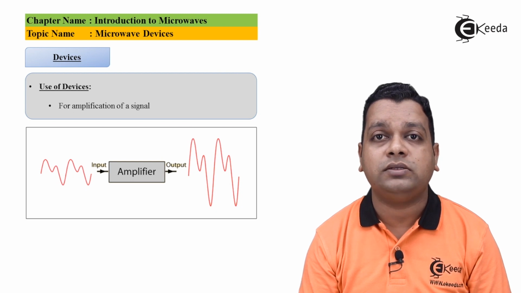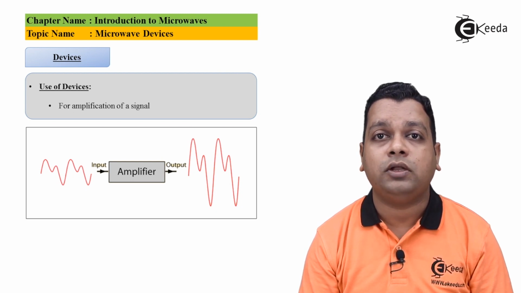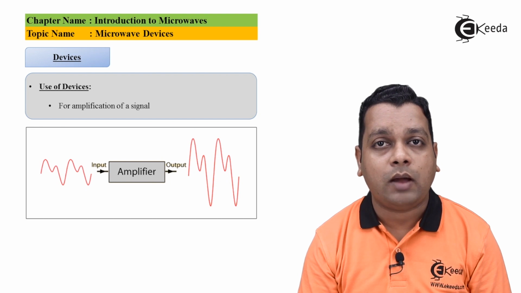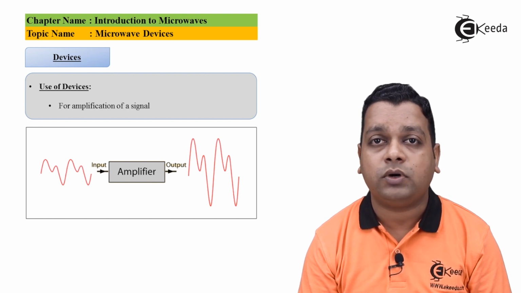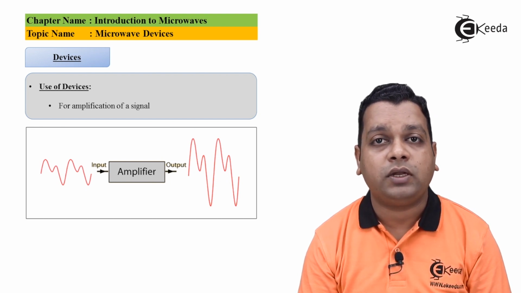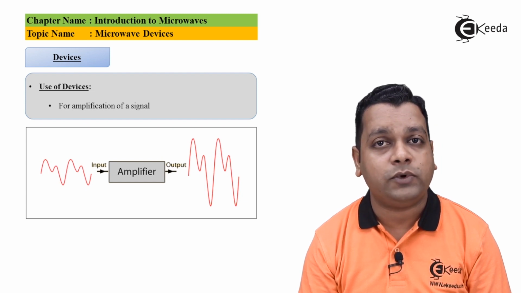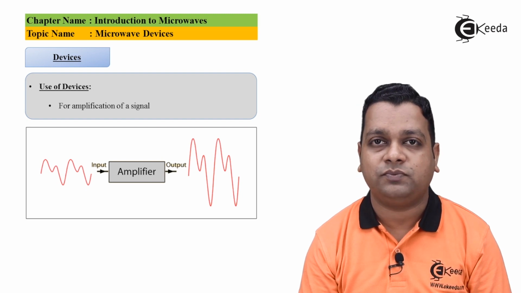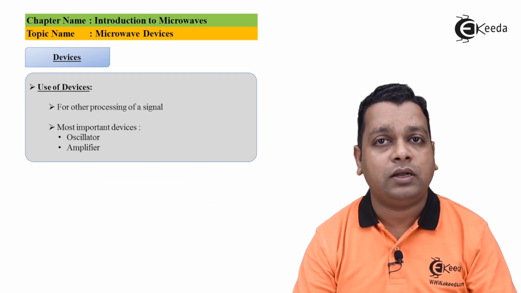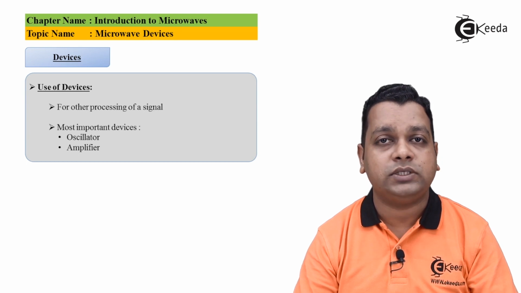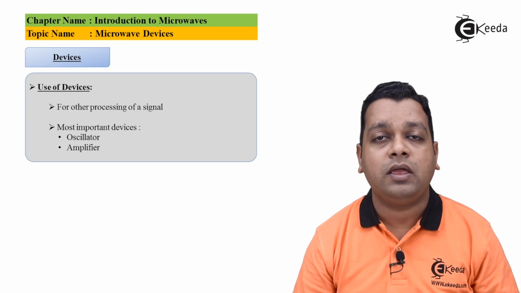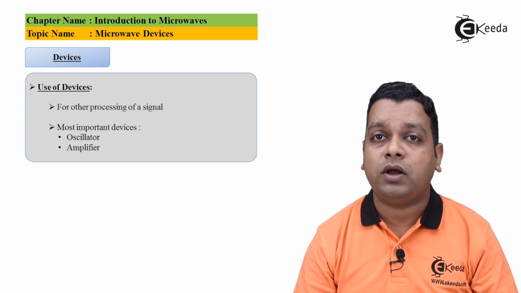In the diagram you can see the device that is applied to the low level signal, the low amplitude signal. The device is simply called an amplifier, and after working on this input signal, we obtain the output signal with higher amplitude levels. So it can be further processed for the application use. Now there can be other processing of the signal also. The same kind of devices can have a different categorization based on the work they are performing.